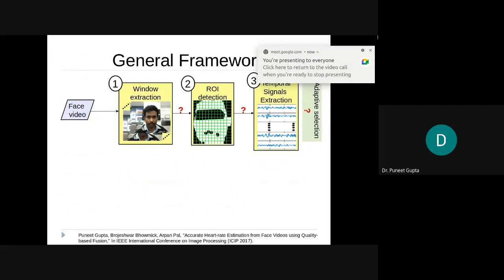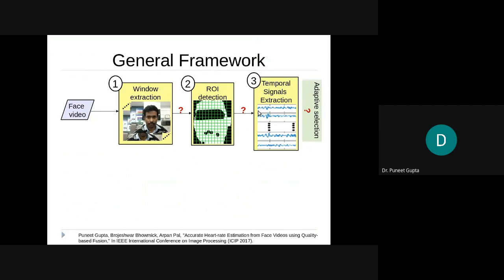Yeah. So we are talking about adaptive selection. A few of those regions are pretty much quite near to your lip regions, and if a person is smiling, then those would be affected. So in adaptive selection, amongst these temporal signals, we select those that are least affected by facial expressions or by these variations. Thereafter, whatever remaining temporal signals we have, we somehow try to extract the pulse out of them.